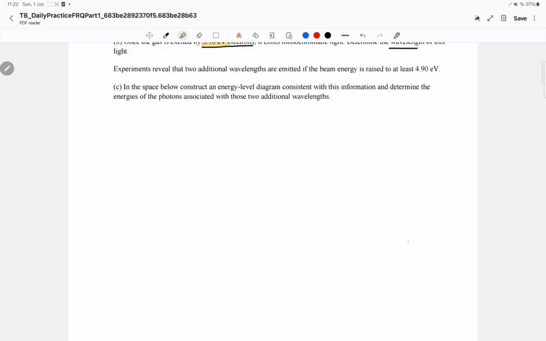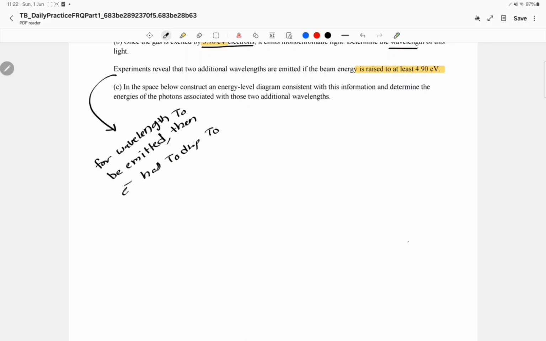Okay, let's move on to part C now. So in part C, it says that experiments reveal that 2 additional wavelengths are emitted if the beam of energy is raised to at least 4.90 electron volt. Let me address something now. So basically for the wavelengths to be emitted, then the electron has to drop to a lower